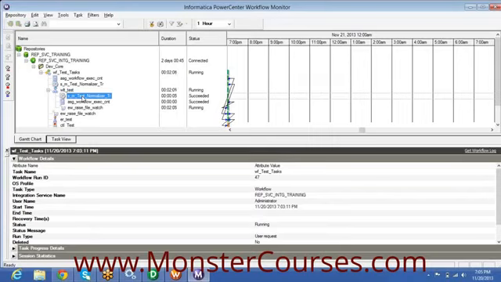The other way is manually, without the GUI. Suppose you didn't execute this workflow at least once. That means you didn't run this workflow even once. Then in that case, you have to execute it manually through the command prompt. I will show it later in the last class. Okay, so that is the way.